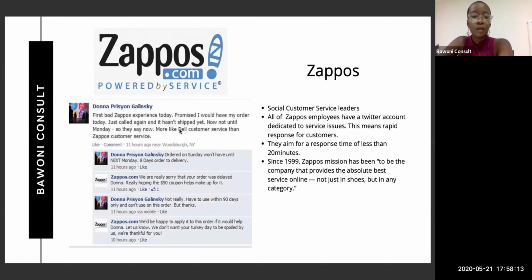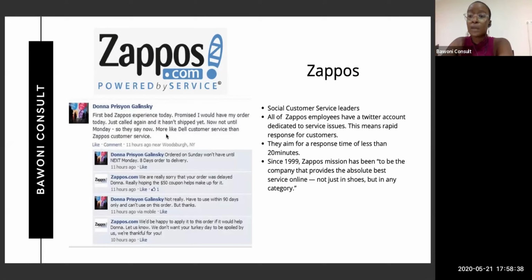"Promised I would have my order today. I just called again and it hasn't been shipped yet. Now, not until Monday. So they say now, more like Dell customer service than Zappos customer service." So this just tells you that the customer has had negative customer service from Dell, and that's basically the standard he uses to decide whether a brand has good or bad customer service. So Zappos basically has